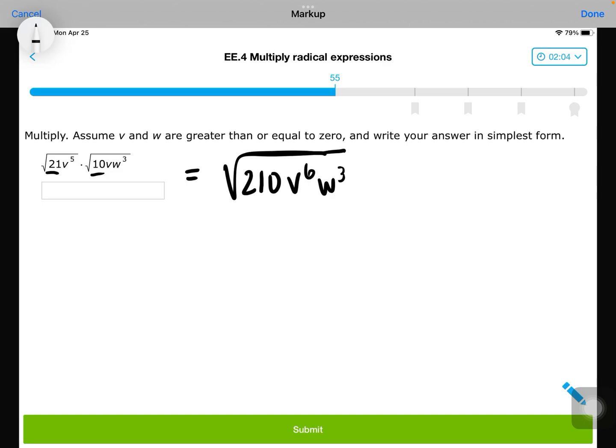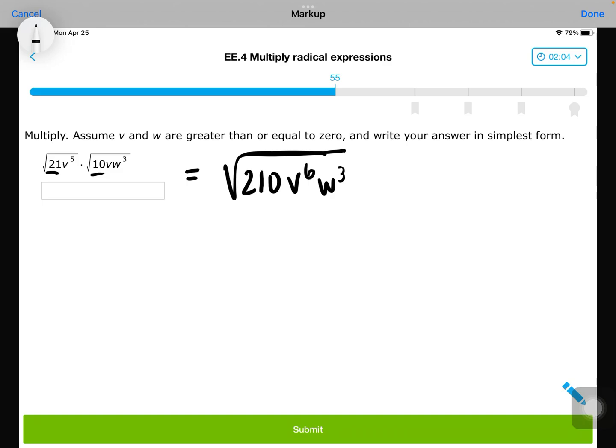Okay, so 210. What are the factors of 210? Well, do I know those off the top of my head? No. Okay, you could Google them. You could also do what I'm doing behind this video and take 210 and just start dividing until you get something that goes perfectly into it. So 210 divided by, I don't know, 16? Nope. 210 divided by 64? Nope. 210 divided by